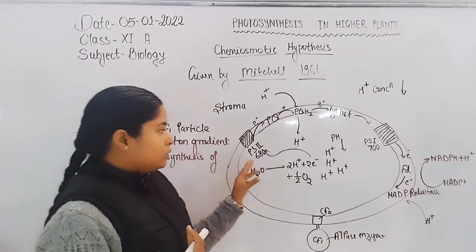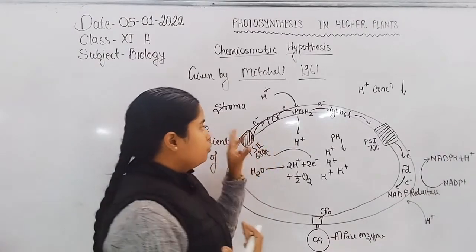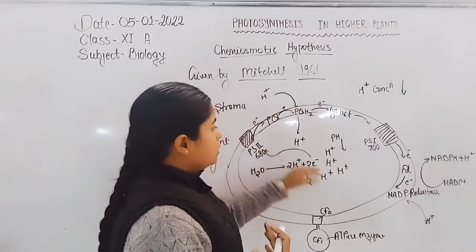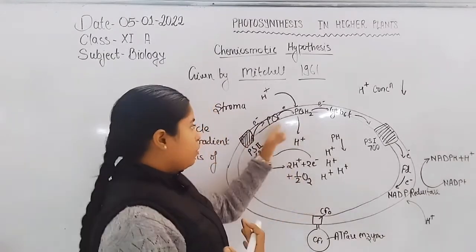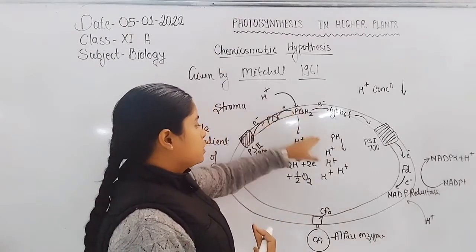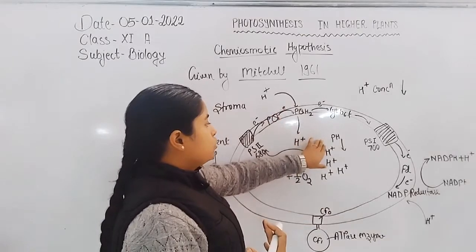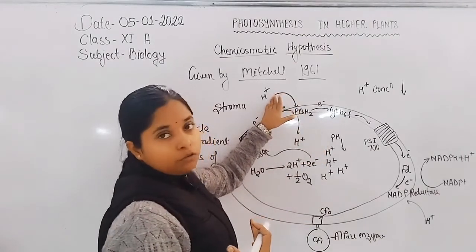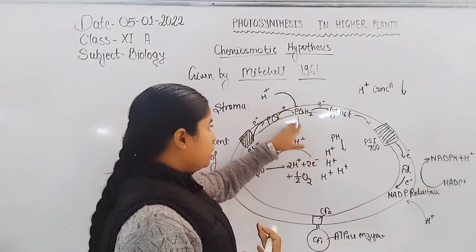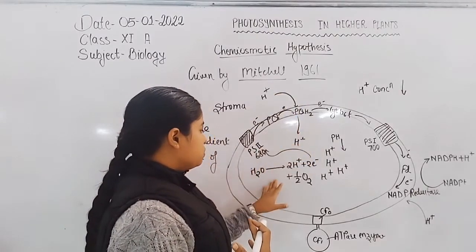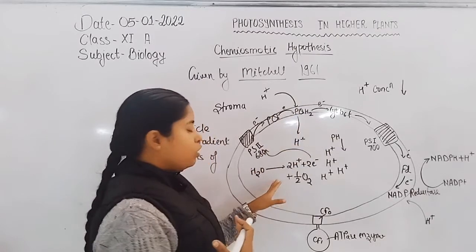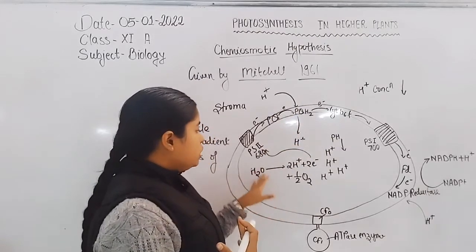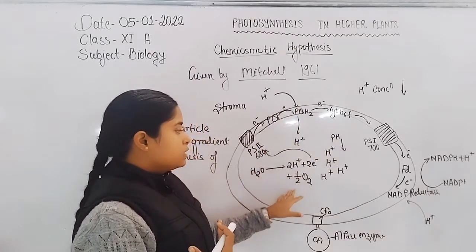Now the protons increase in the lumen of the thylakoid through the plastoquinone, which increases the proton gradient in the lumen by transferring protons from the stroma into the lumen, and also from photosystem II, where the splitting of water takes place. Through each splitting, two protons are released into the lumen.